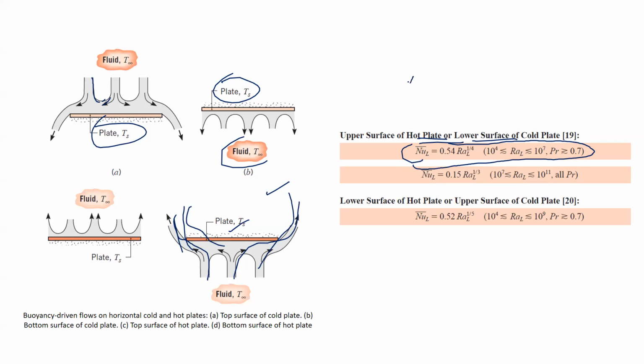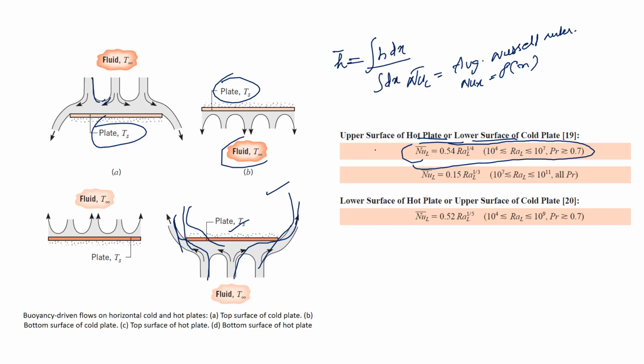Nusselt number average, this Nu L bar is average Nusselt number. Average Nusselt number is a function. Nusselt number can be defined at a particular location. So when it is varying with respect to different location, you can calculate the average Nusselt number. Okay, we have defined average heat transfer coefficient. Suppose it is mathematically denoted as integral of h dx by integral dx. Okay, similarly, Nusselt number will be this